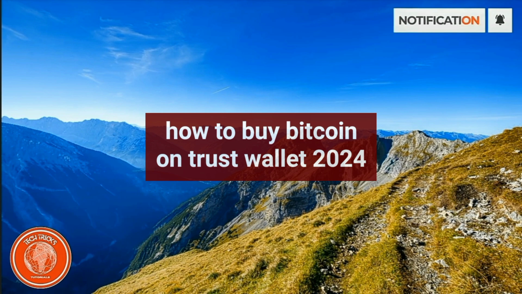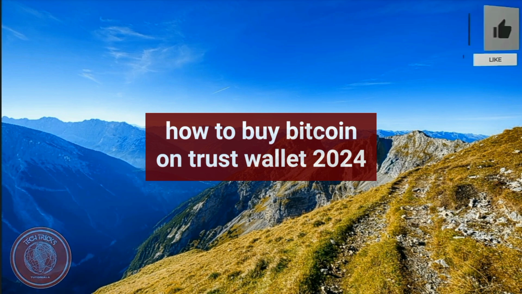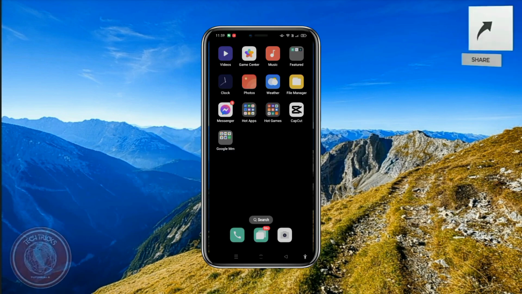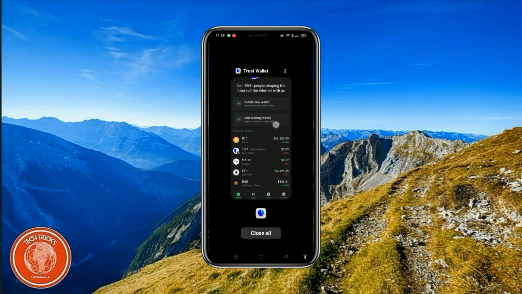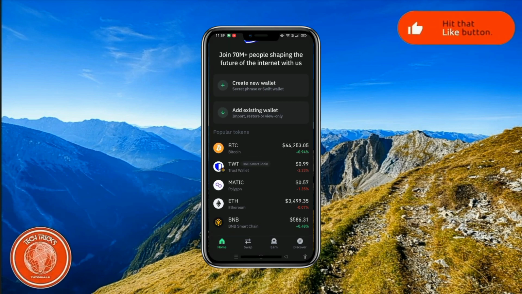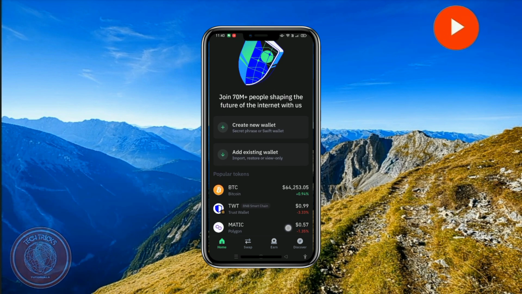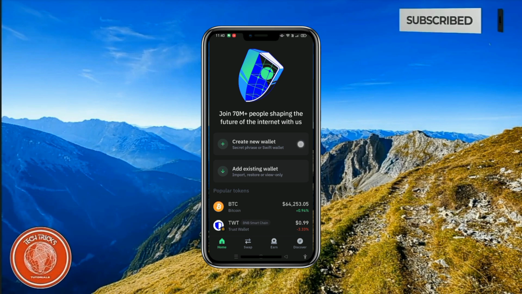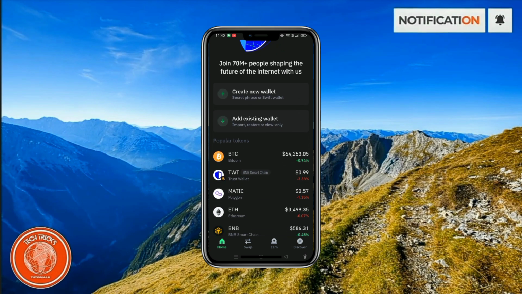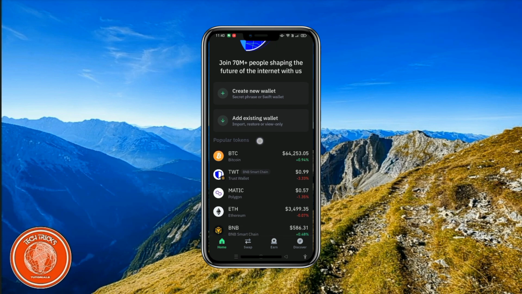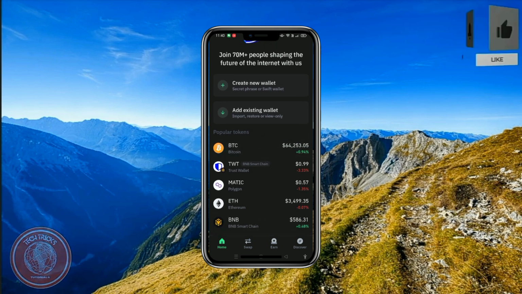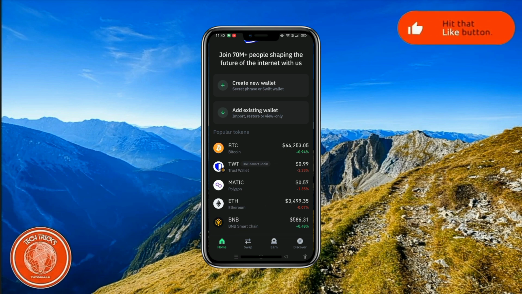So how do you buy Bitcoin on Trust Wallet? First and foremost, you're going to need to launch the Trust Wallet app on your mobile device, access the app browser, so tap the DApps browser icon at the bottom of your screen here. So select exchange, choose a decentralized exchange like PancakeSwap, or a centralized exchange integrated with your wallet,